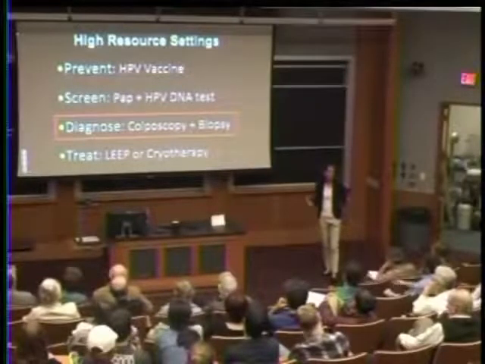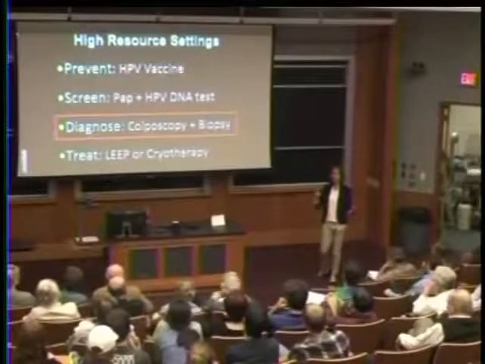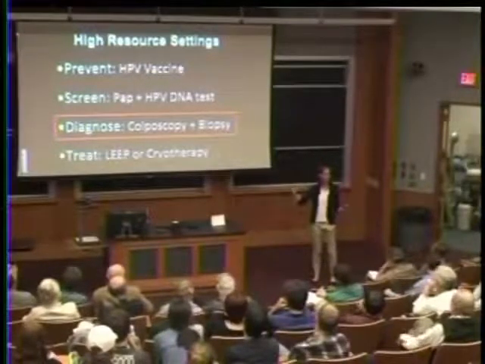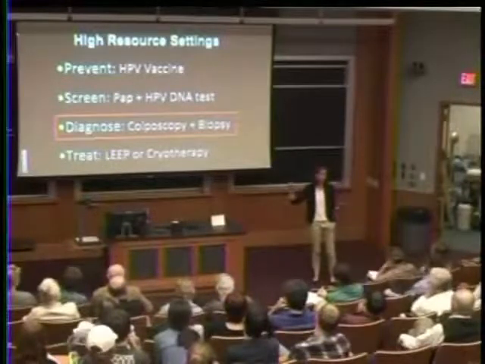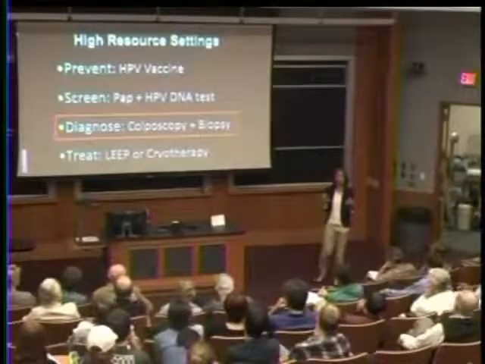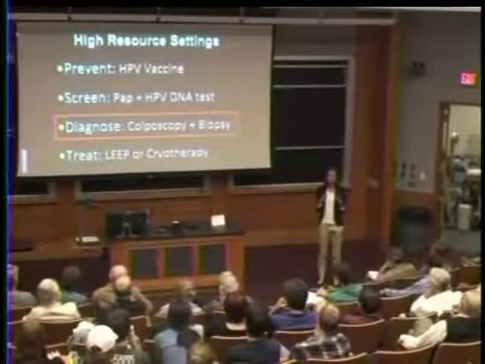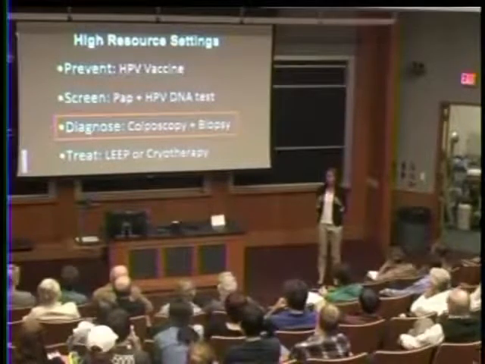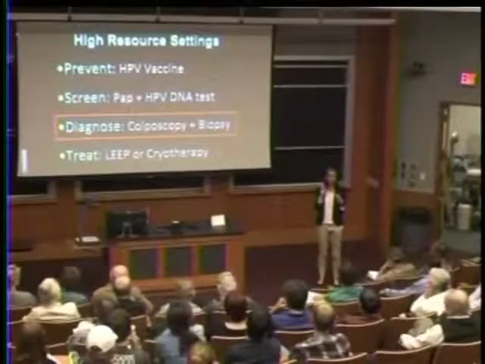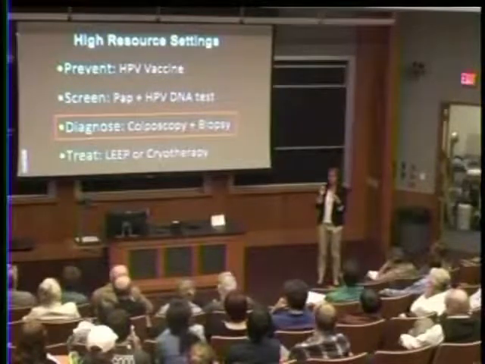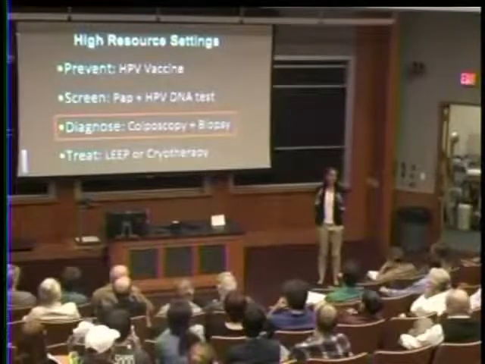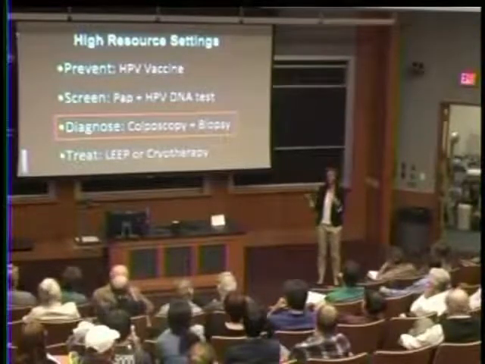So once you have a positive screening test, typically what happens is women undergo a confirmatory diagnostic test to be sure that they have precancerous lesions, in which case they'll be treated using an excisional procedure. And right now that involves doing an exam that's called colposcopy, where you use a low power optical microscope to view the cervix. You apply a little bit of acetic acid or vinegar to the cervix, and areas that are abnormal turn white. It's not very specific, and so they biopsy those abnormal areas, and then you have to send them down to the pathology lab. And again, it's a couple of weeks before you get those results.